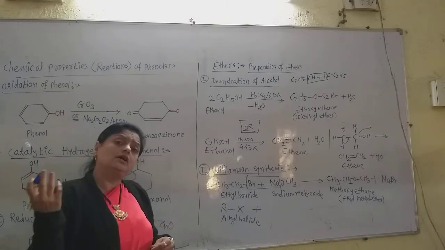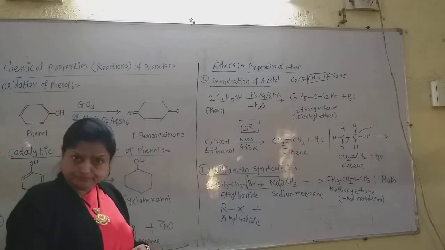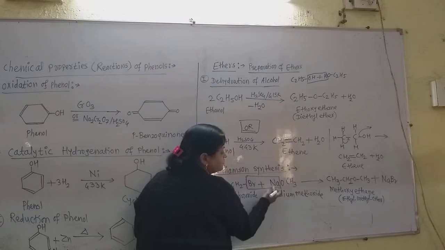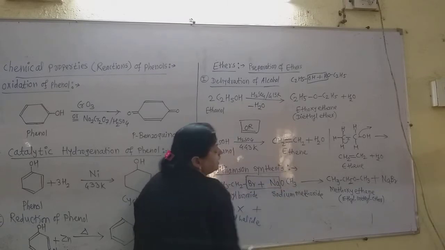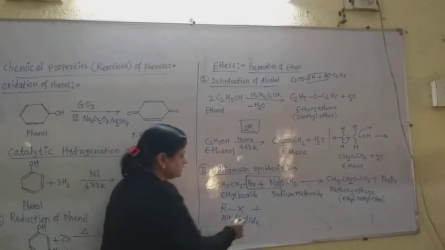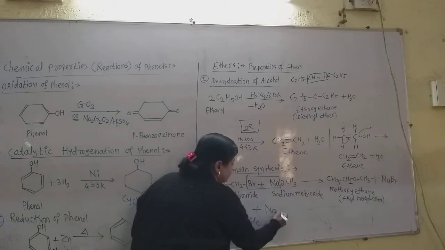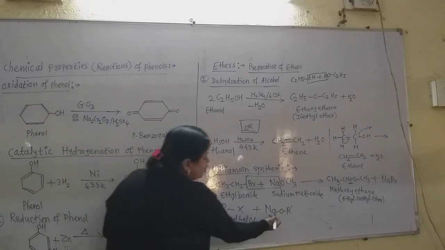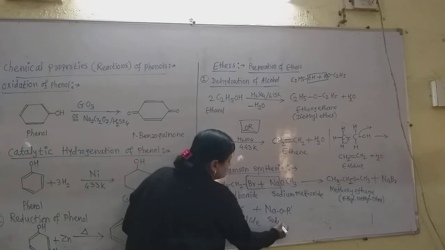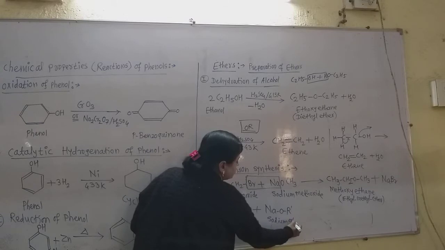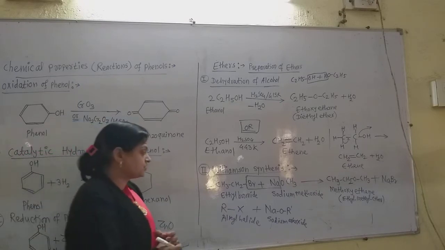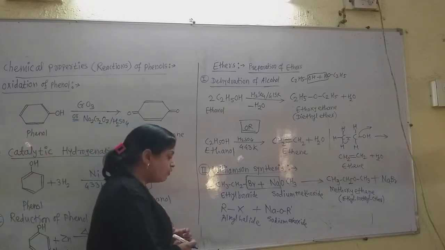Sodium alkoxide we obtain on reaction of the alcohol with NaOH or sodium metal. Then we obtain the sodium alkoxide, because here this is the alkyl group and this NaO, so the name is the sodium alkoxide, OR, alkoxide group. Suppose I write the sodium alkoxide generally as R dash here. Now this is the sodium alkoxide. When these two different reactants react, what happens?